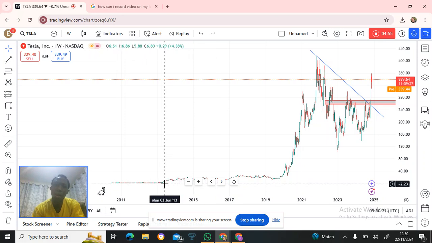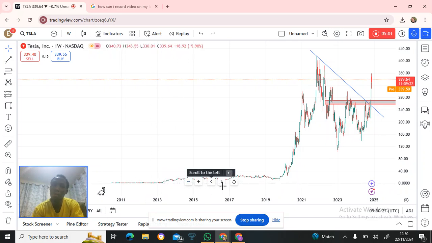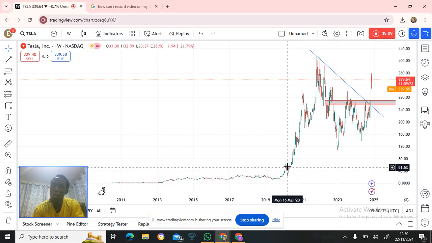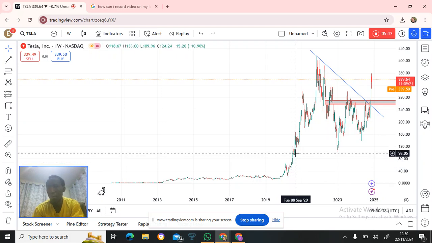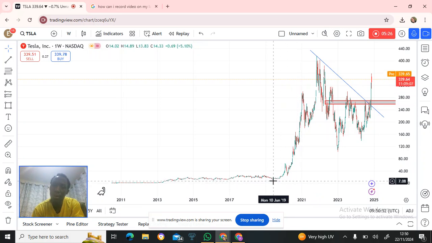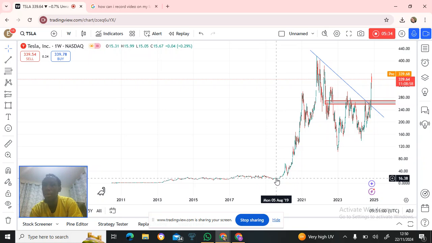When you look at over the years, sometime in 2013, one share of Tesla was going for about $12. It started at $12, 17, $20. You can see how it has been rising, rising, rising, rising. So this time, the people who believed in Tesla, they bought their shares as low as $12. So in 2019, if you bought one share at around, you can see this one is $7, $8. If you bought one share at $7,